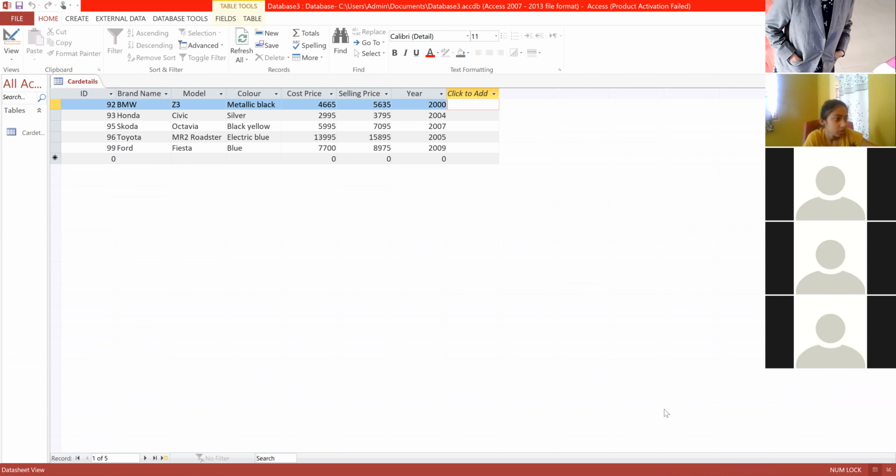Ma'am, the greater than symbols, equal to symbols, all are queries only, ma'am? Yes, in database they are queries. And these are all called relational operators, they are used to search something, some conditions. Like already we have seen in spreadsheets, right? Some conditions we have done, what is that, functions. They are called functions in the spreadsheets. Mathematical functions we have seen, logical functions we have seen, right? Similarly here they are called queries. Okay, is it clear?